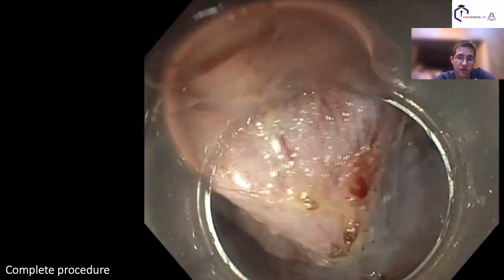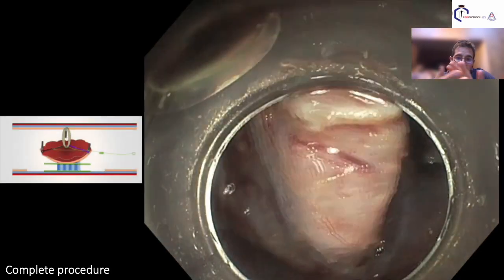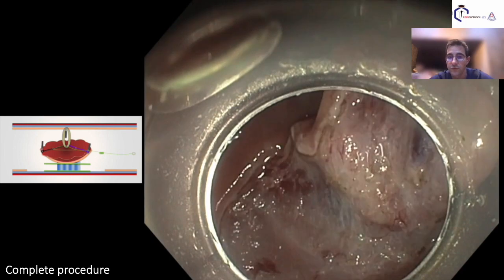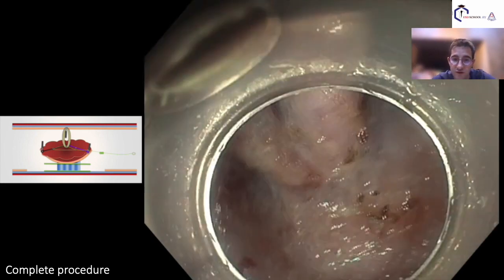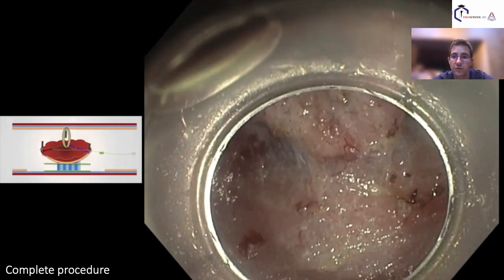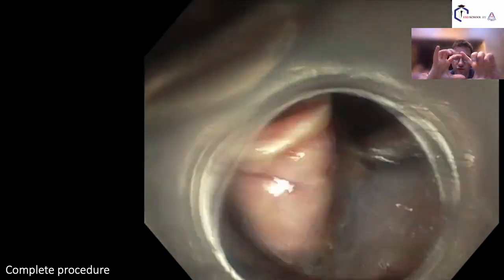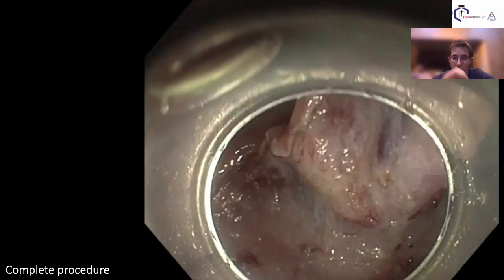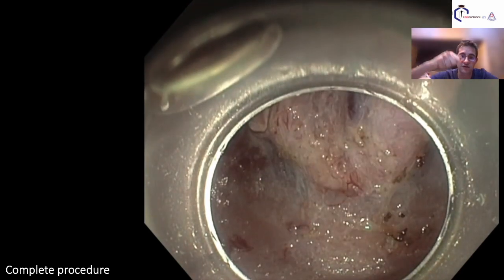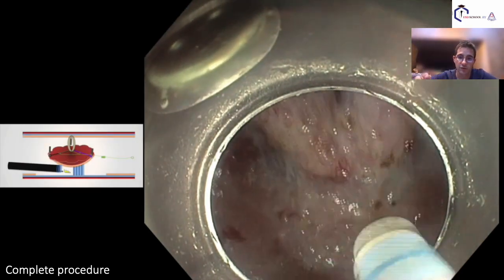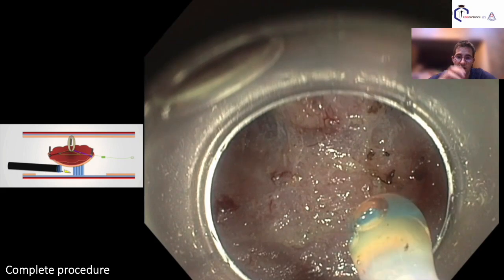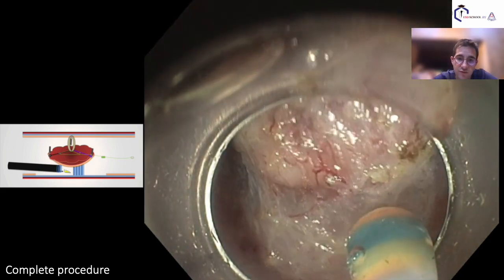and you will see with inflation that the tension is very strong and the lesion wants to go. So the main effect of this is that you stretch a lot the submucosa, and therefore in fact you reduce the shape by traction. If you tract something to the opposite wall, the submucosa is stretched,